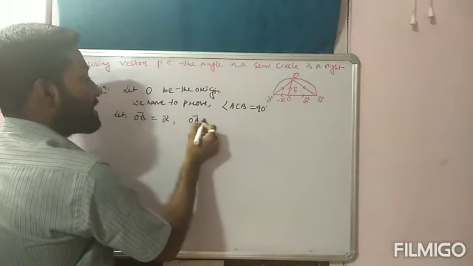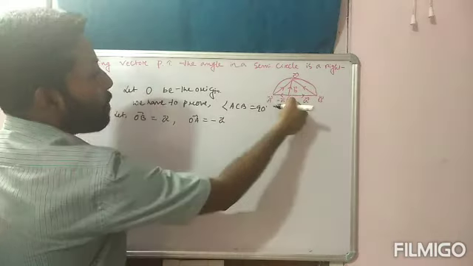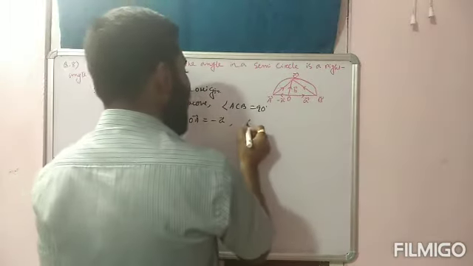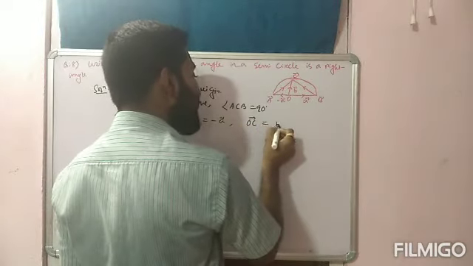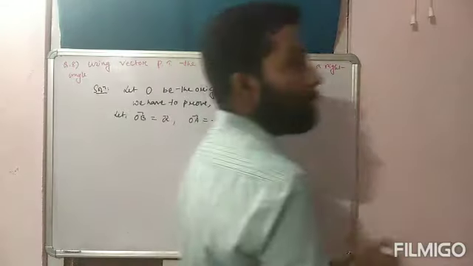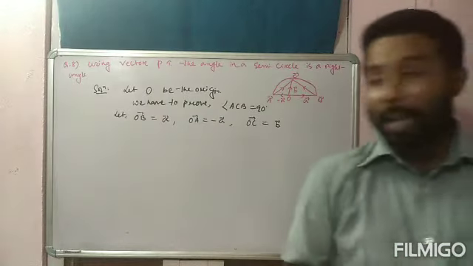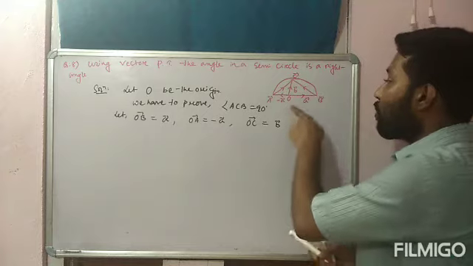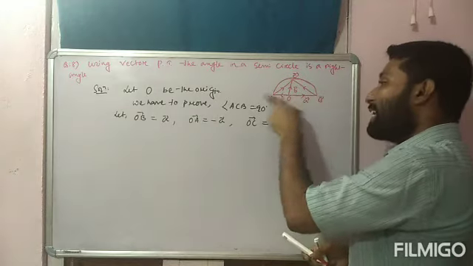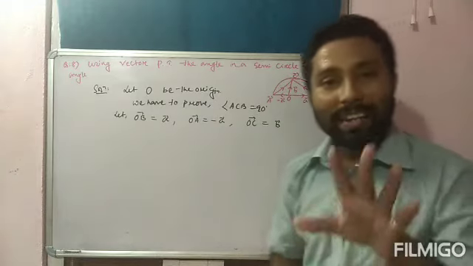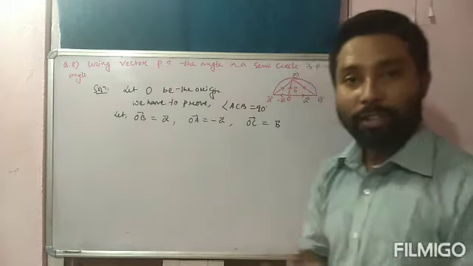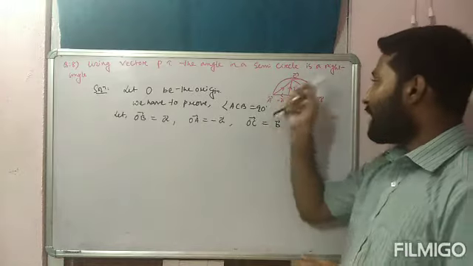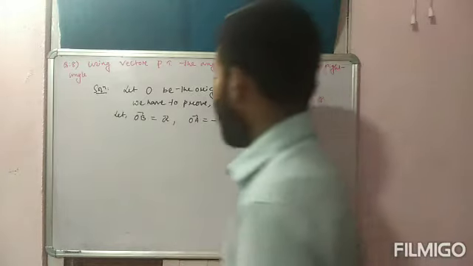Therefore OA bar is equal to minus a bar, opposite direction, and OC bar, let us take OC bar is equal to B bar. Yes, now you can say that all three vectors, that is OB bar, OC bar and OA bar, these are what, radius or not? ये तीनों ही तो रेडियस है. OB, OA, OC तीनों ही रेडियस है. ठीक है, ओके.